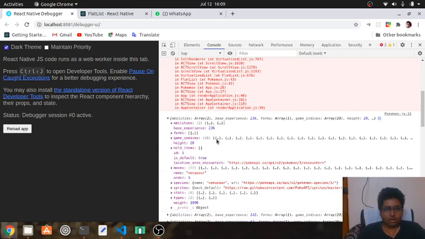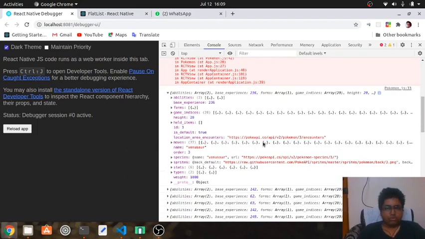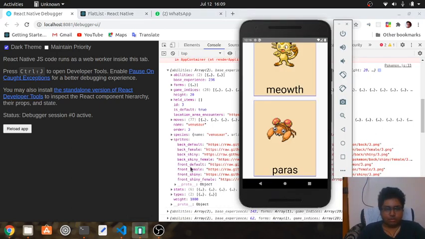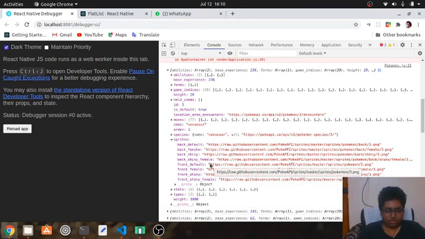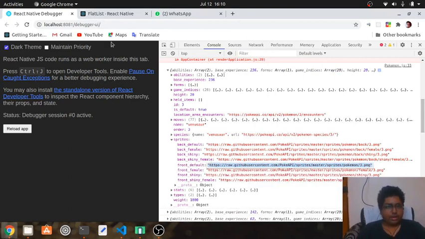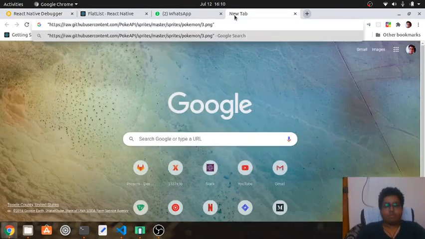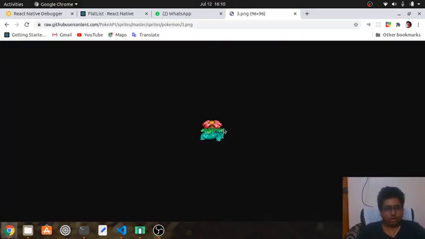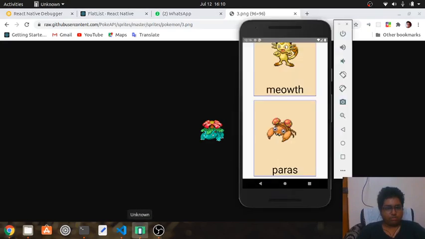It has the moves that the Pokemon has, the species, which is Venusaur, and the sprites. What I've taken is these sprites to fetch the images of each and every Pokemon. I've taken this front default, and let's see, we are getting the image of the Pokemon just like here.